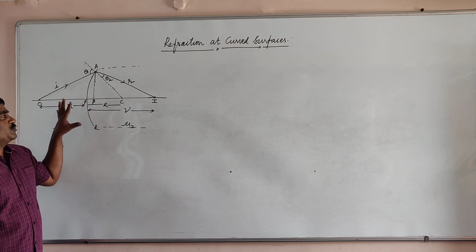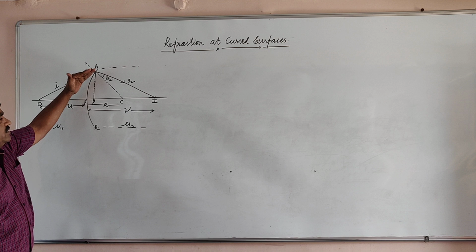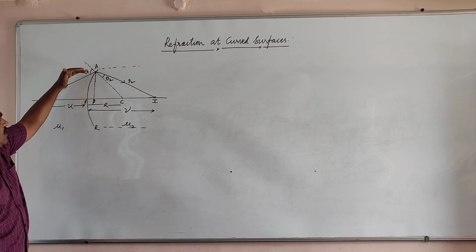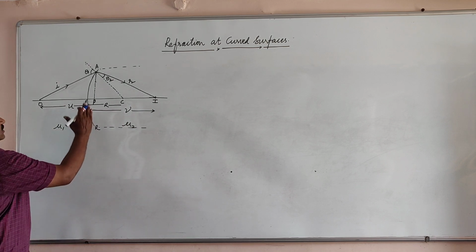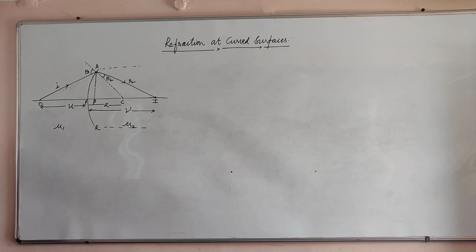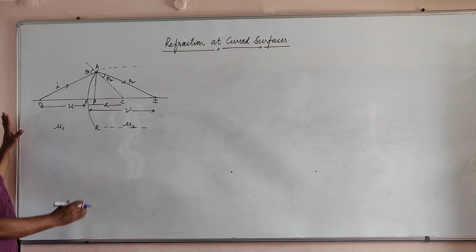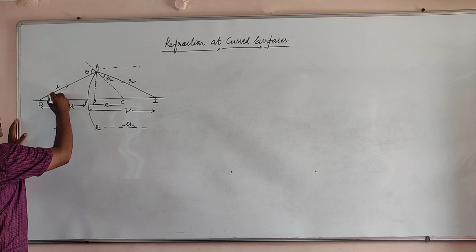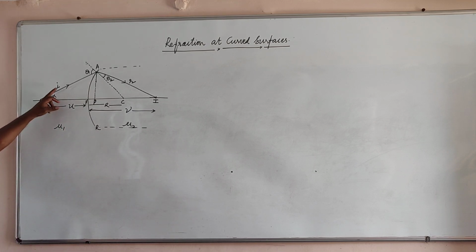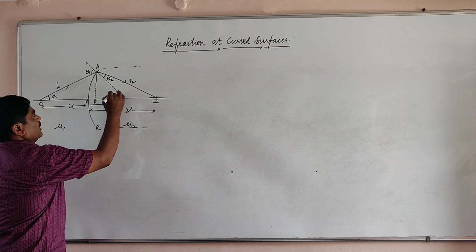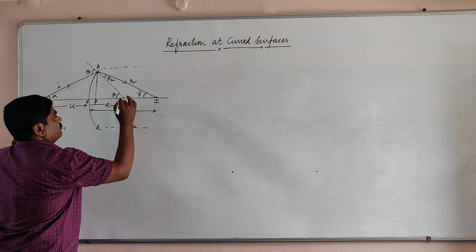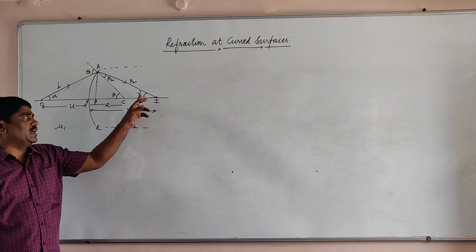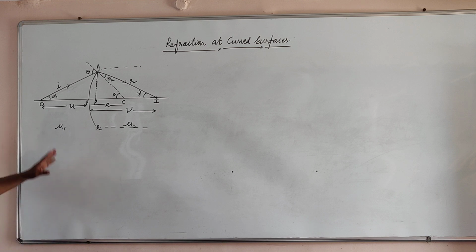Now this is the diagram explaining how the incident ray falls and how it is refracted and forms the image at I. This total part is a denser medium, and this part is a rarer medium. Now let us suppose that the angle the incident ray makes with the principal axis is alpha, the angle made by the normal with the principal axis is beta, and the angle formed by the refracted ray with the principal axis is gamma.